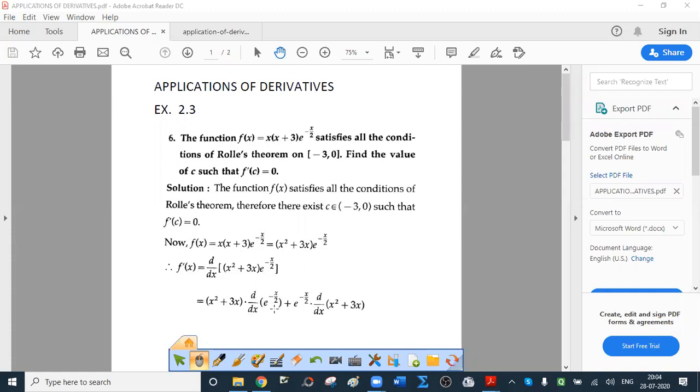Now tell me, what is derivative of e raised to minus x by 2? It is e raised to minus x by 2 into derivative of minus x by 2, which is minus half. Plus second function into derivative of first. What is derivative of x square plus 3x? It is 2x plus 3. So the next step,